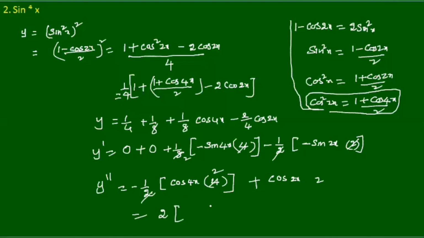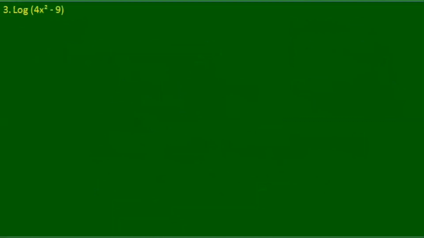We'll take the positive term first and the negative term next: cos 2x minus cos 4x. It's a simple problem, though it looks complicated if you don't know the formula. Next,